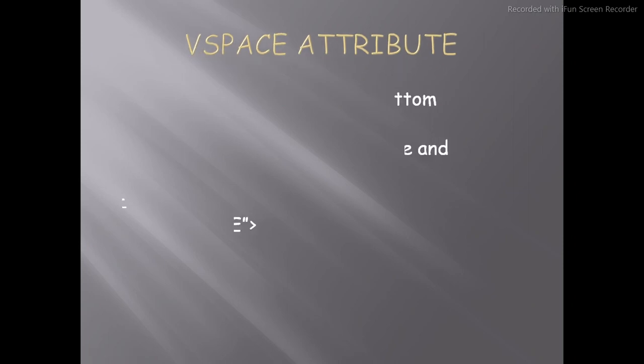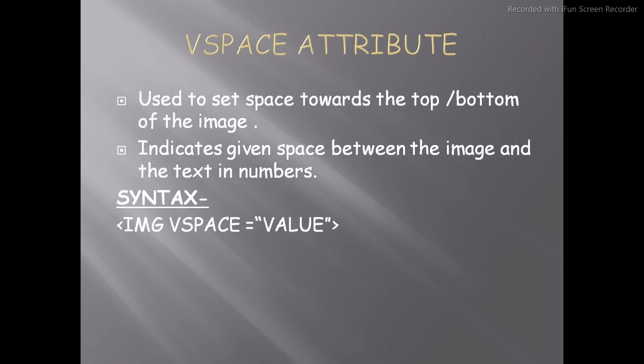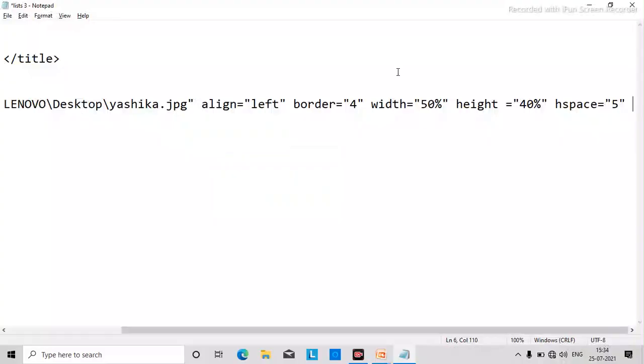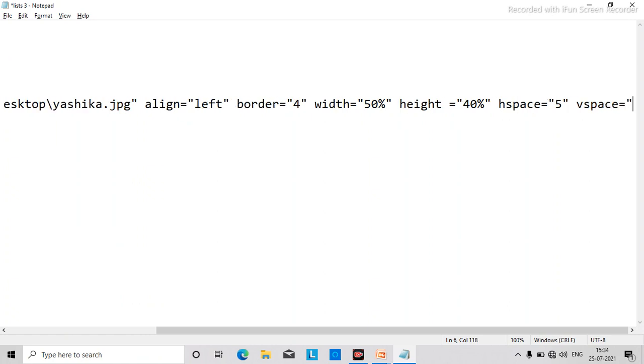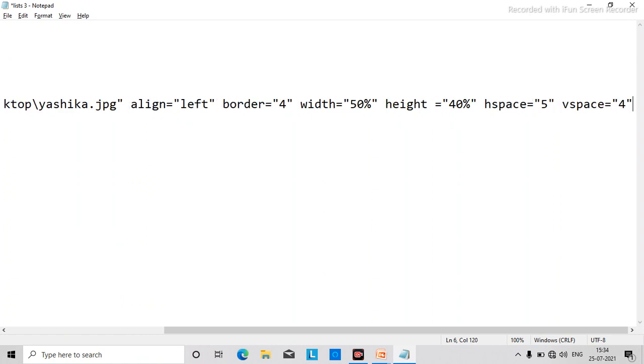Okay, vspace is used to set space towards the top or bottom of the image. Indicates given space between the image and the text in numbers. This is the same as hspace only. Go to Notepad. Now vspace I am putting is equal to 4. Understood? Now done. This much only I think.